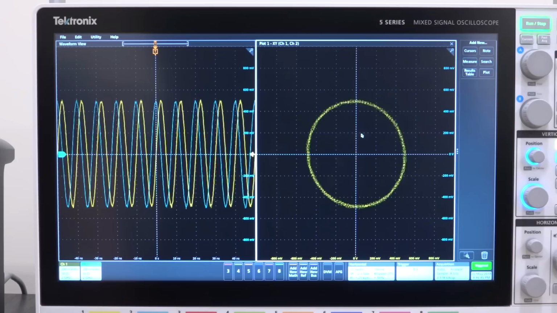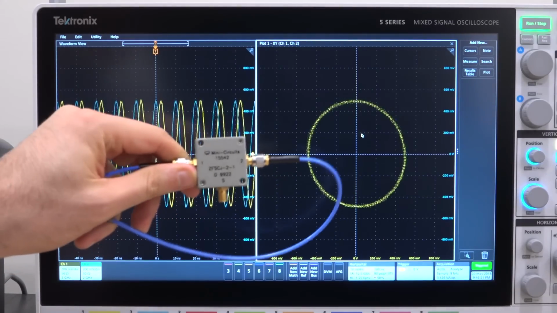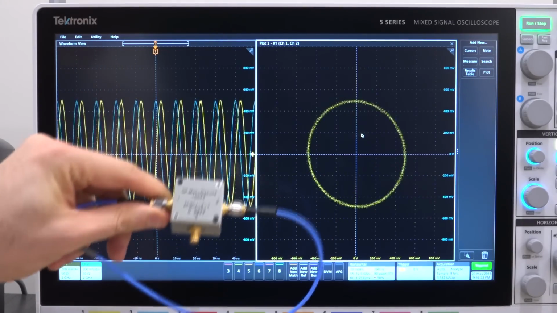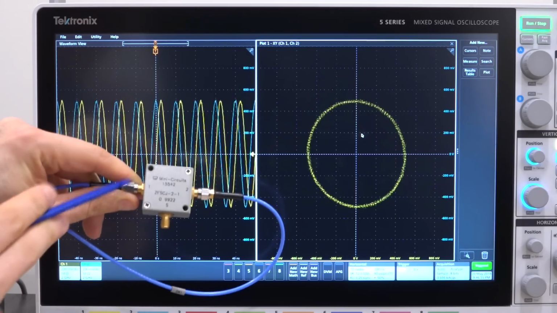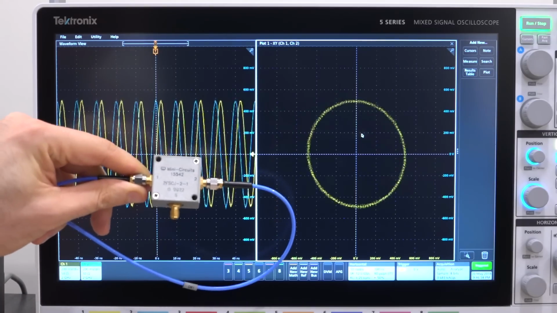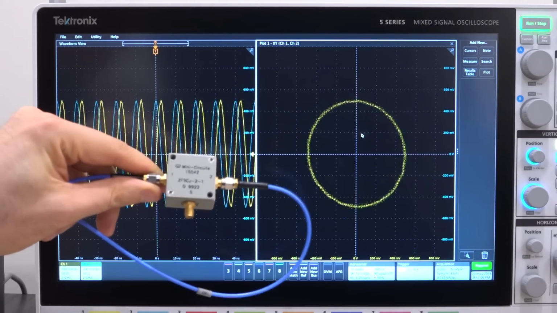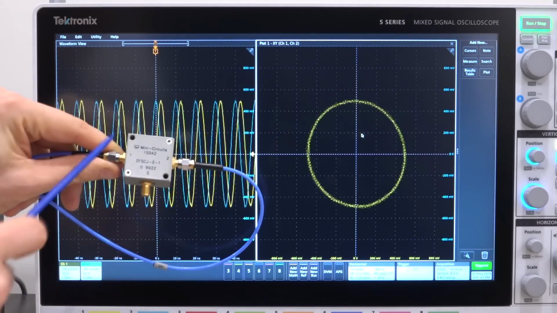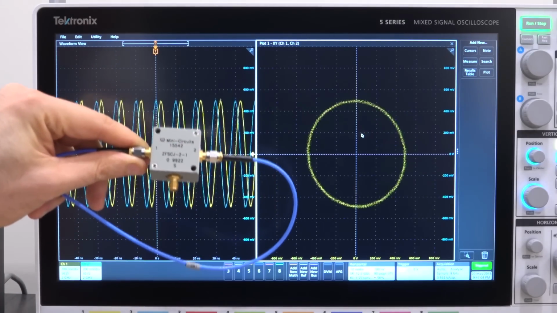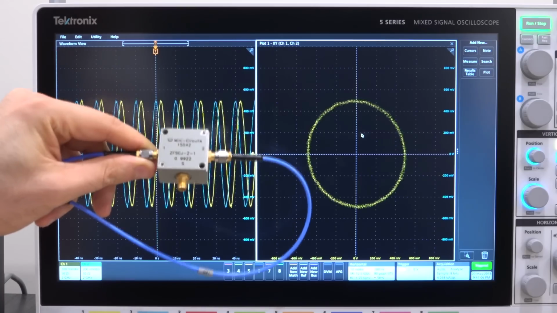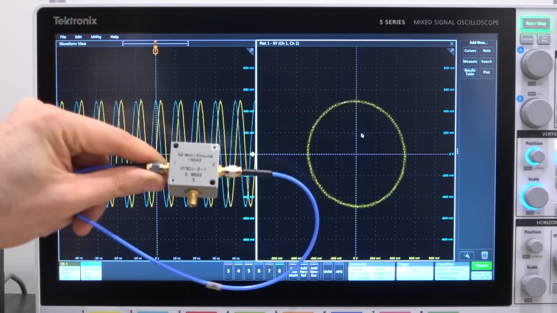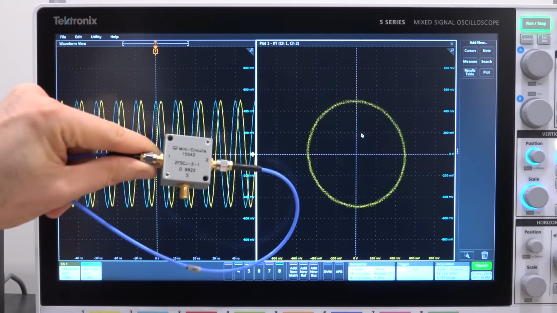And I have exactly the kind of thing I want to measure. And I want to measure this Mini-Circuits component. Now this is a 180-degree hybrid, meaning that if I were to put a signal over here, I would get two signals coming out at 180 degrees out of phase. This also means that if I put two signals in here which are 180 degrees out of phase, they should cancel out perfectly, and whatever residual signal that I get out is because of the phase and amplitude imbalance of